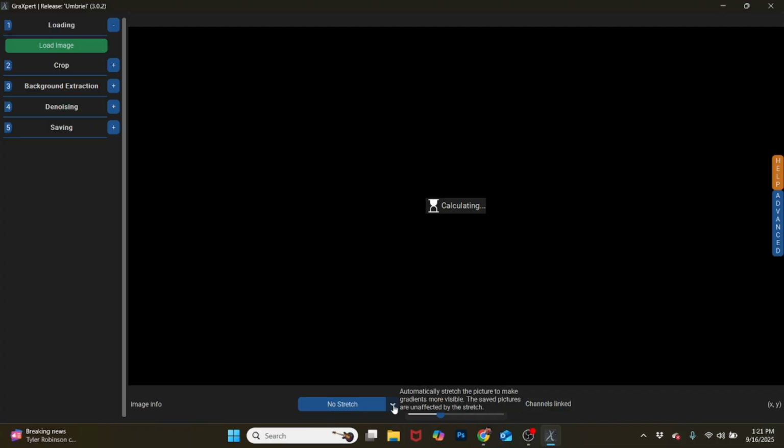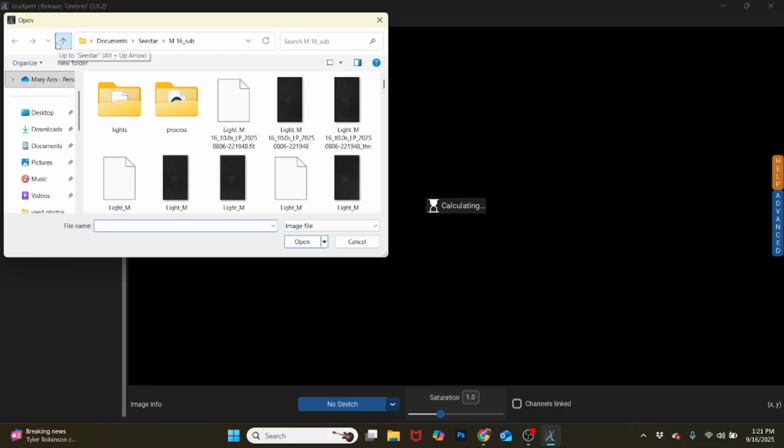And if you remember in our Siril software, if we left it in linear mode, that's the same as no stretch. And so when we load this image, we're going to load an image that we have already stacked. So I stacked some images in Siril, and the one I want to do today is probably one of my favorites, the M16. And this is the folder that I have saved my M16s, and there's my M16 subfolder. So I want to open that